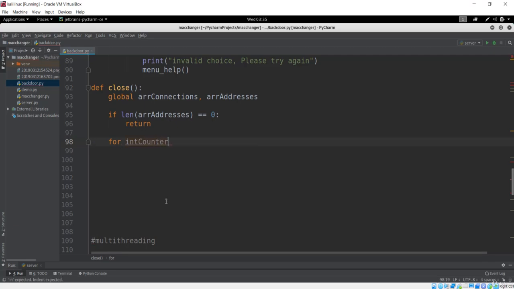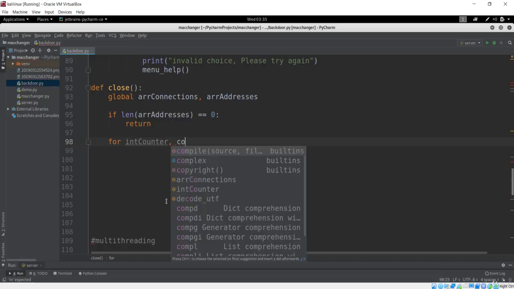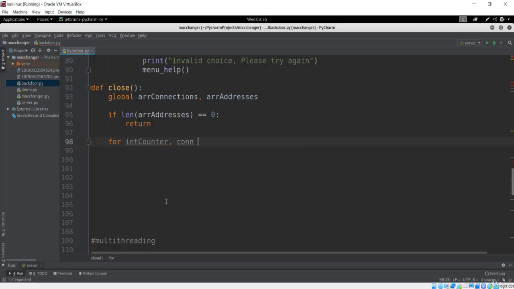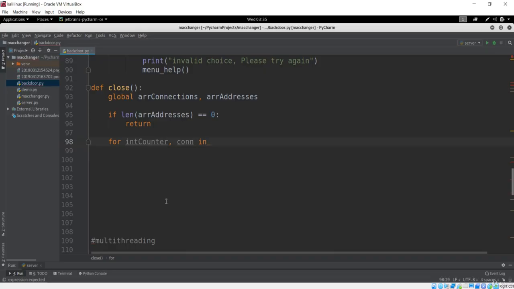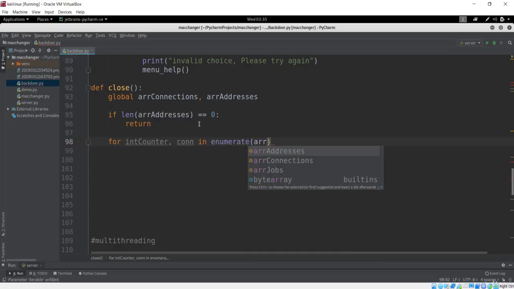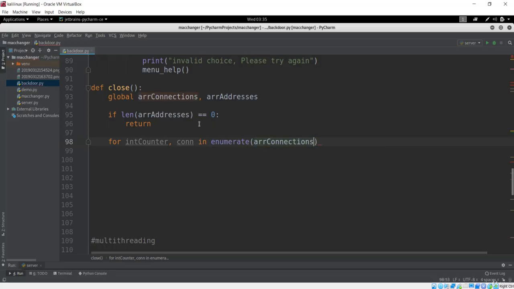So next thing, if there is a connection and if this is the method that is called, then we have to now do something else. We'll just say that get the connection and the counter from this connection, that is arrays connection, because we can have multiple connections within this. So we have to now first enumerate to this connection with this enumerate method.